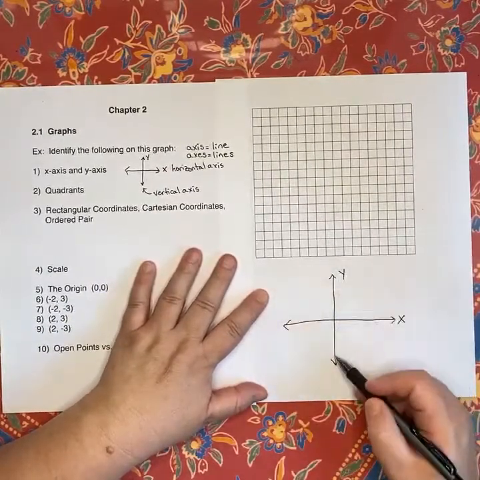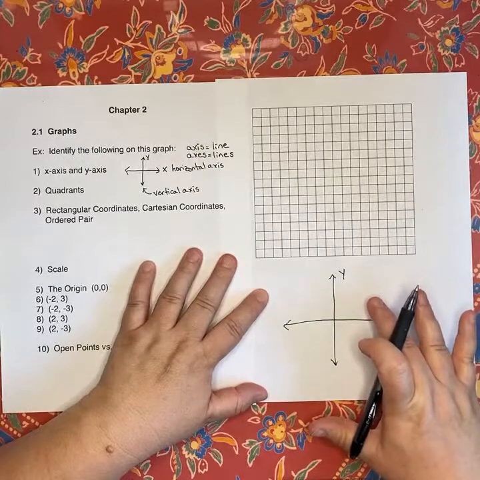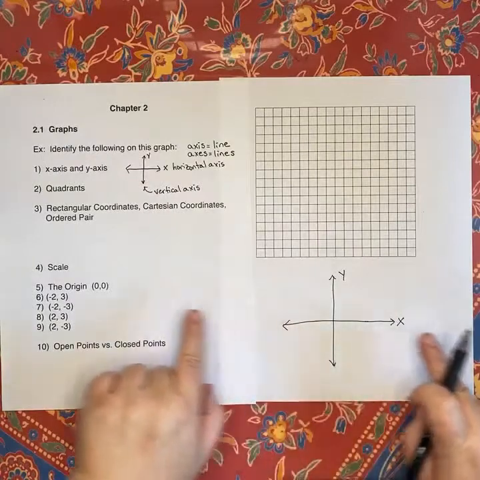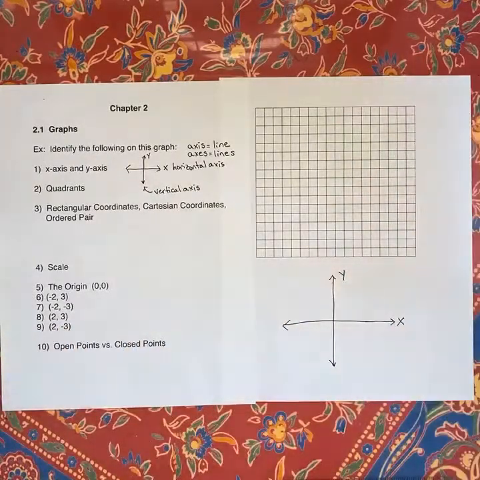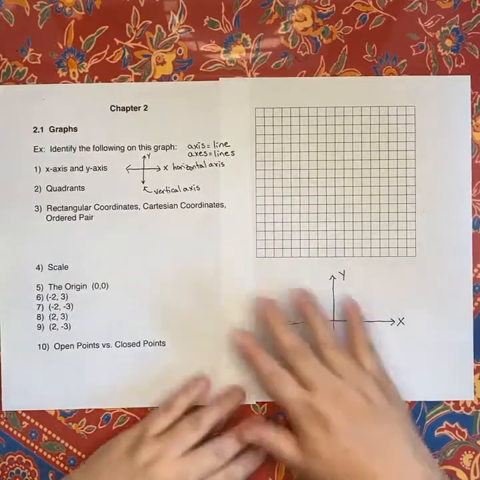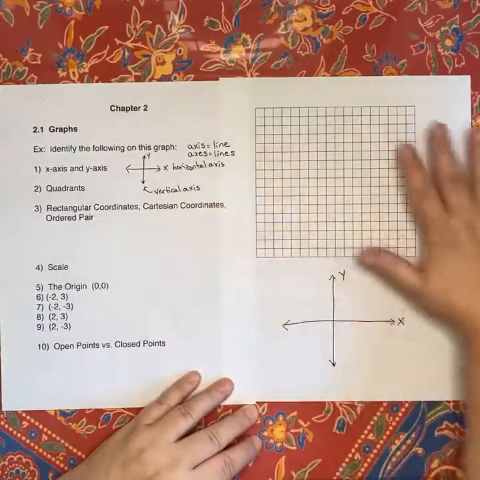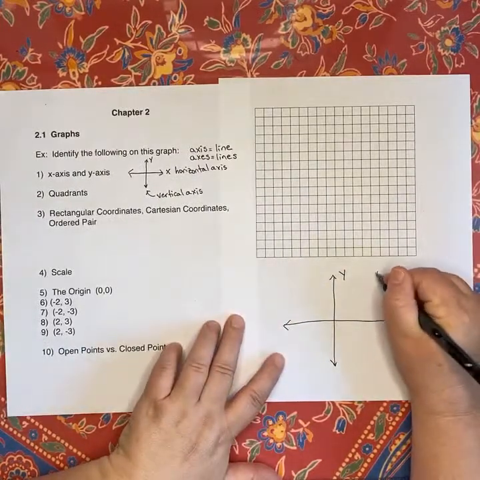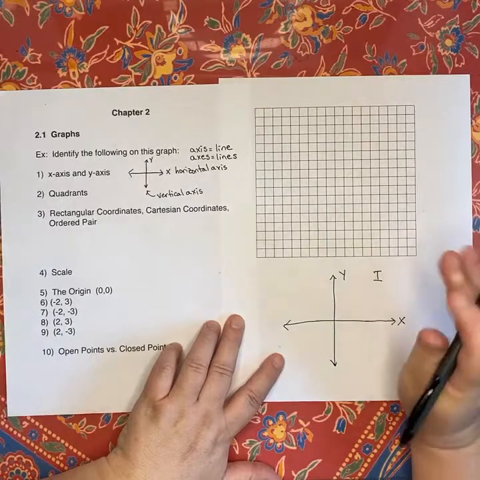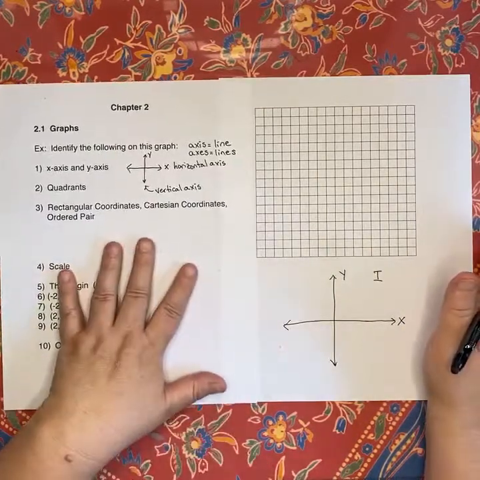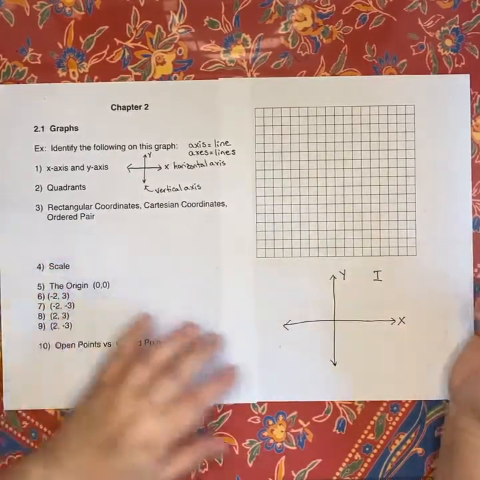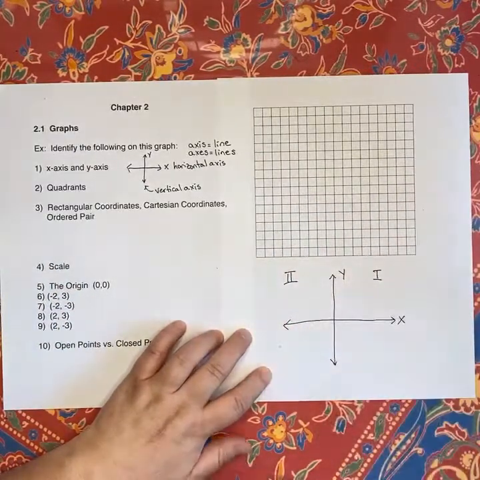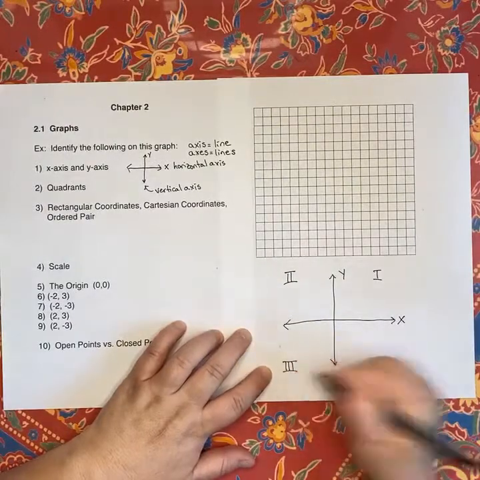Okay, so we got the x-axis, the y-axis, and then we imagine these lines are infinite. We can't draw them in their infiniteness, but they keep going forever. And so they chop up the plane, not the airplane, but the plane that we're writing on, this piece of paper, into 4 pieces. And we start counting here. And weirdly enough, take my word for it, I know this is weird, but if you continue with math, you'll get to a point where you're like, oh, I see why they did that. There's the first quadrant, second quadrant, third quadrant,